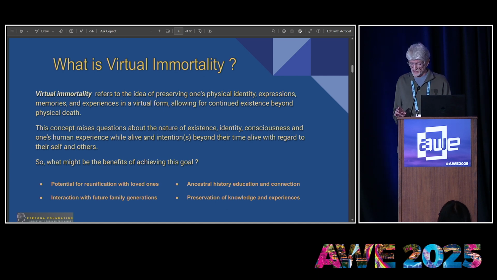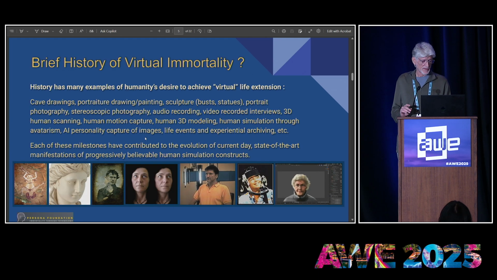These are all in the slides describing virtual immortality in a little bit more detail and what the benefits are. And then a brief history of how we've come from early cave paintings to where we are today with full 3D real-time simulation, 3D scanning, and real-time volumetric capture, which is all the rage as we move into the future for this technology.